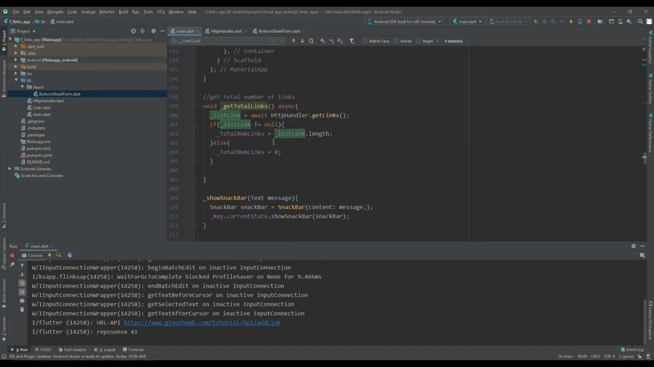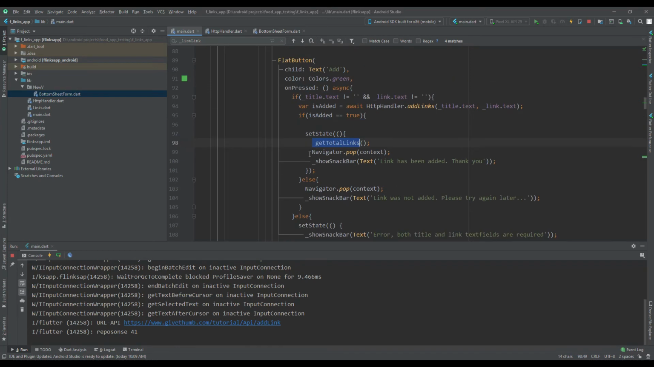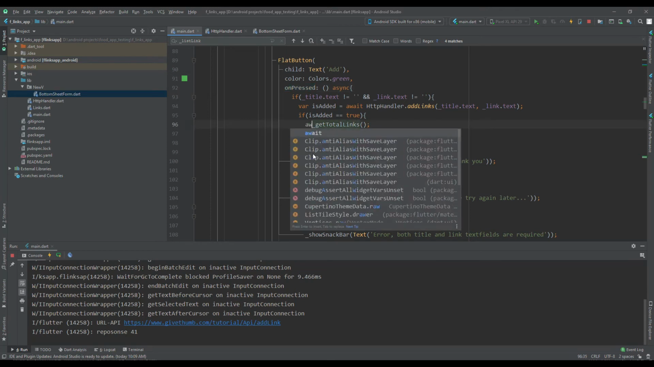Everything here seems to be right, so let me check back up there. This getTotalLinks is a Future function, so we must use the await keyword with it until we get the total number back from the server and then display it on the screen. I'm going to move it from here to here. Then because here we don't have the async function, we have it here on this onPressed function. So then here, let me just add it, await,